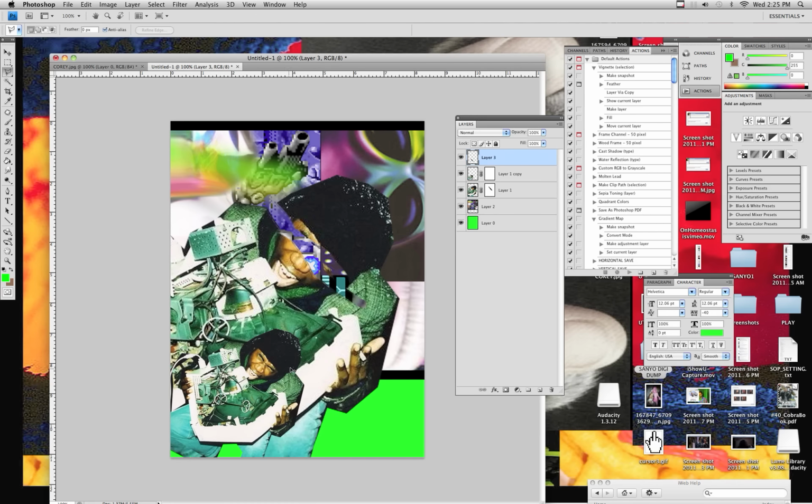That way looks like nothing happened, but I actually have a new layer with just Corey's eyes on it that I can make super huge and put them over there like that. Just an idea. And then you can get your paintbrush,